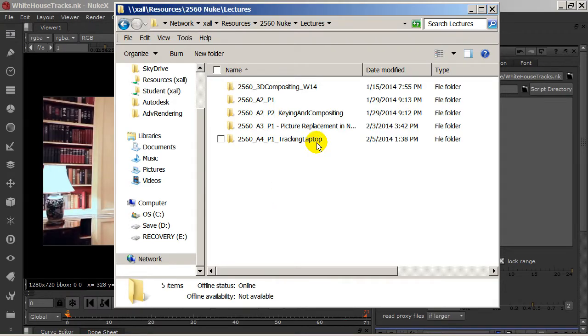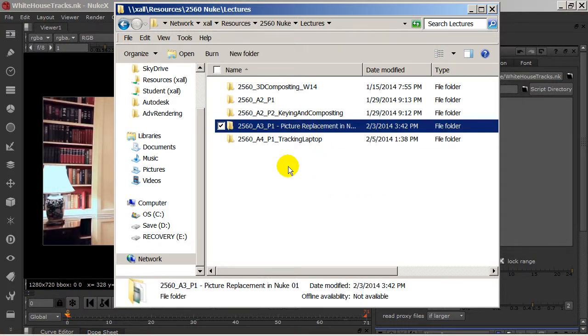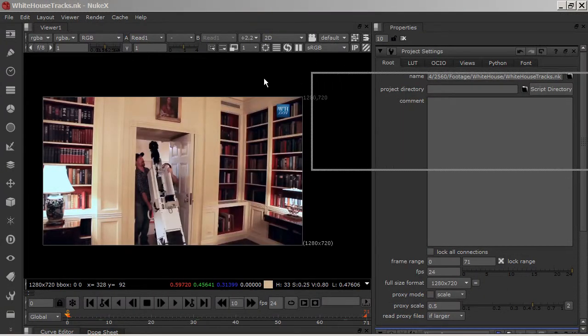So the two biggest things that these new two lectures cover is the tracking, okay? And tracking is a huge part of doing any compositing, because in order for you to put something in the scene, you have to track it, okay? So the first one is dealing with what's called pixel tracking or planar tracking. Those are two different kinds of tracking methods. So here,